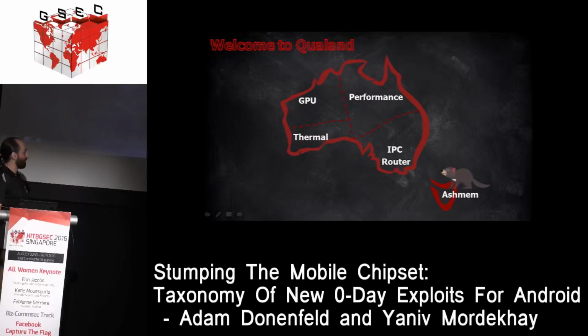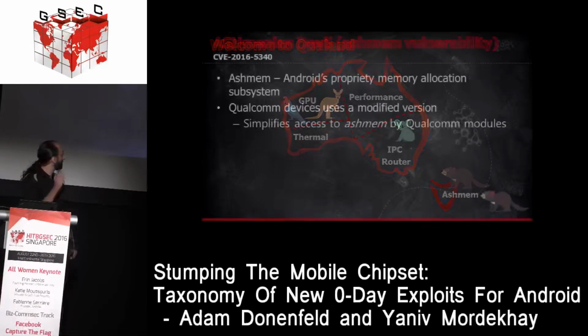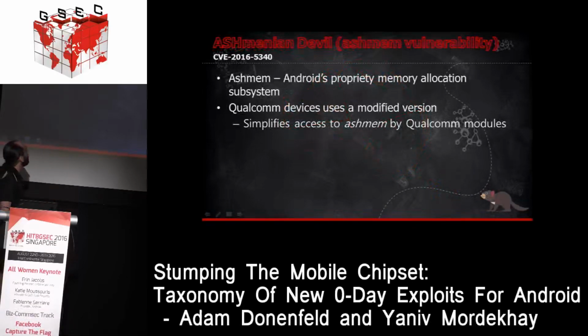We will start with a vulnerability that's called Ashmanian Devil. It's a vulnerability in the Ashmem module. Continue with the Koala root in IPC router, and then two vulnerabilities, Syncocca root and Kanga root in the GPU module. So the first vulnerability is